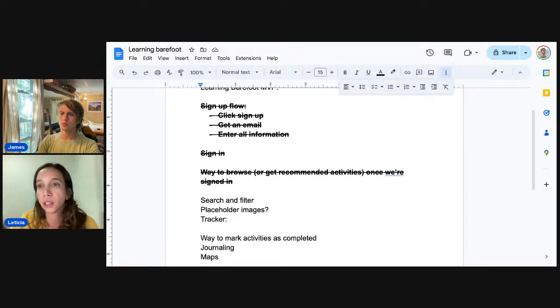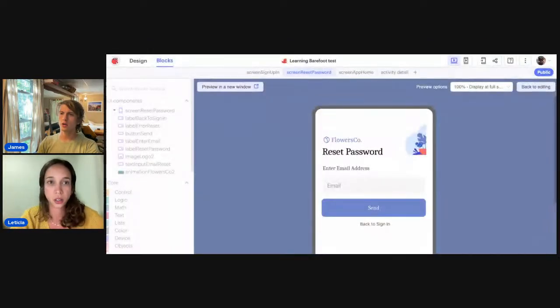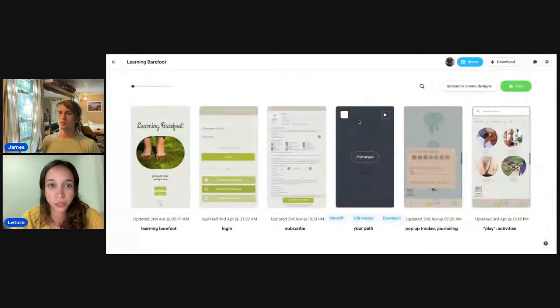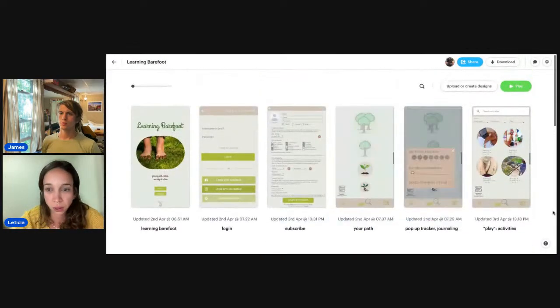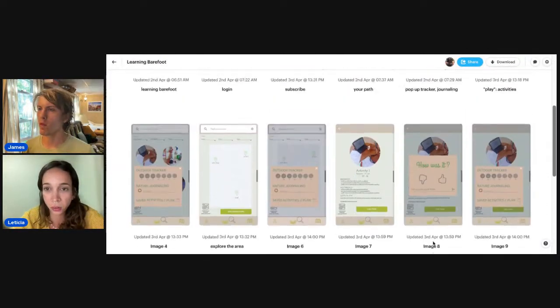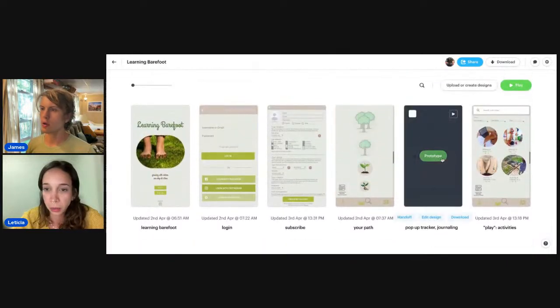Can I share my screen again of the prototype? So in my prototype there was zero tech and I didn't know what was possible or not. I thought of it like this. I actually created several screens that were the same, just because there was a pop-up in my imagination, but it probably is going to be different.